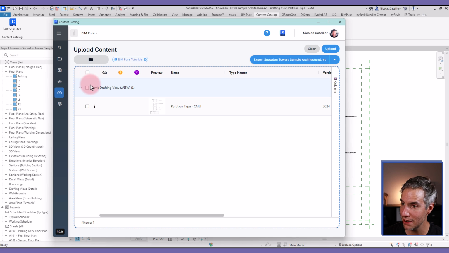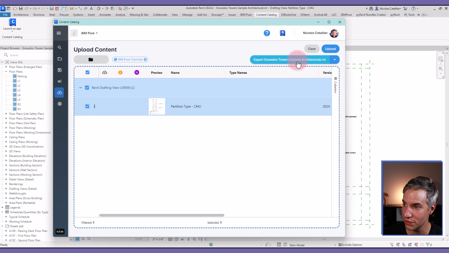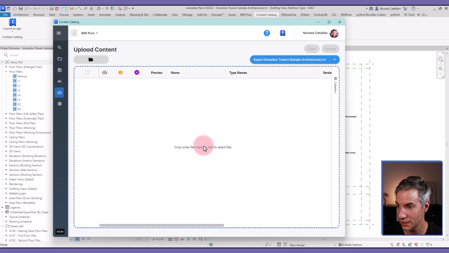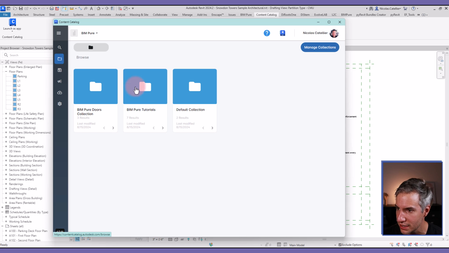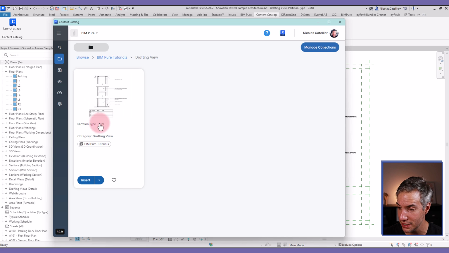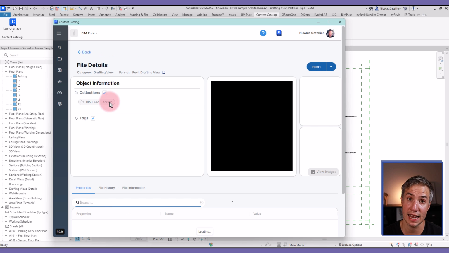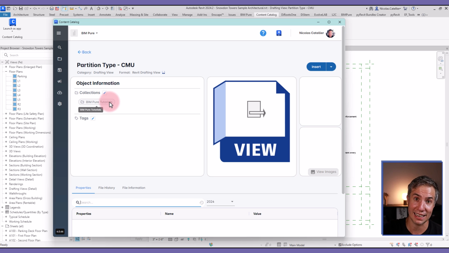I click on save. Again, I must click here to select this view. And I can click here on upload. This might take a couple of minutes. Actually, it was pretty much instant in this case. And if I browse the BIM Pure Tutorials collection, I go to drafting view, I can now see this detail. And again, I could have a specific tag, like a concrete tag, for example. So all my details related to concrete could be